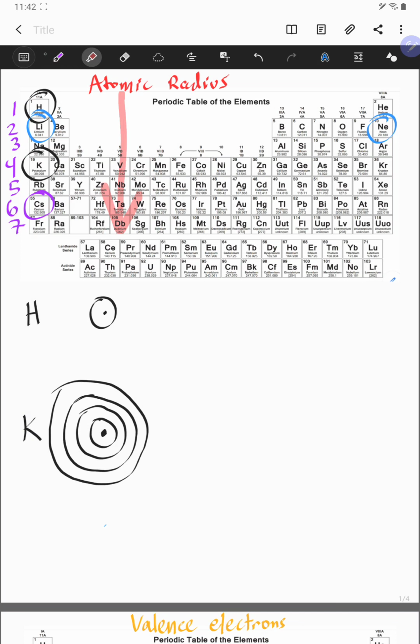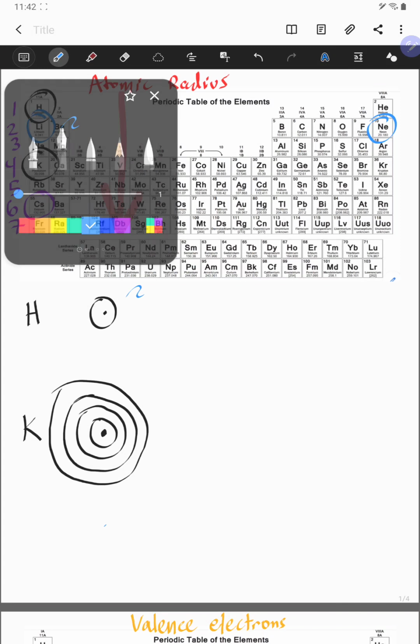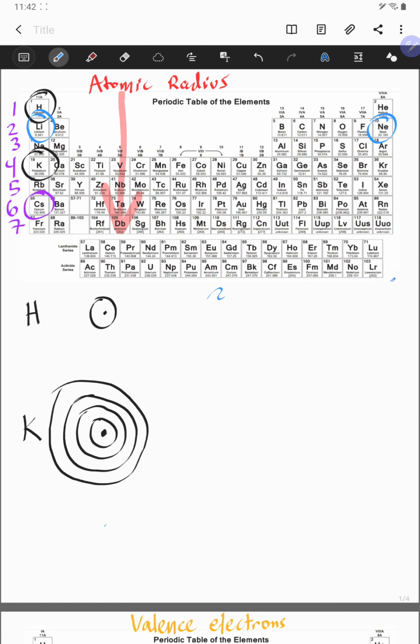So let's do these two examples, lithium and neon. Lithium, Li, and neon. So lithium, we're going to have 3 protons in the nucleus, and then we're going to have our first energy level, and then we're going to have our second energy level. All right. Whereas neon, if you want to draw a Bohr model for neon, we know that there are 10